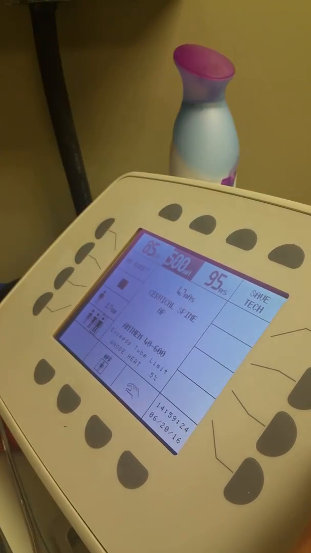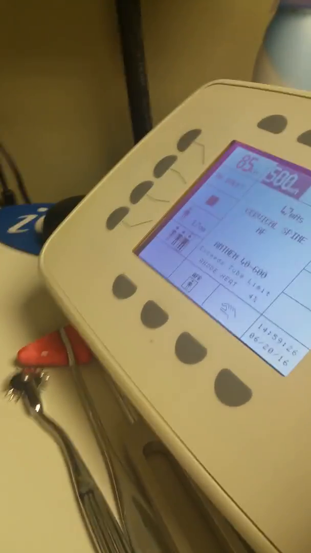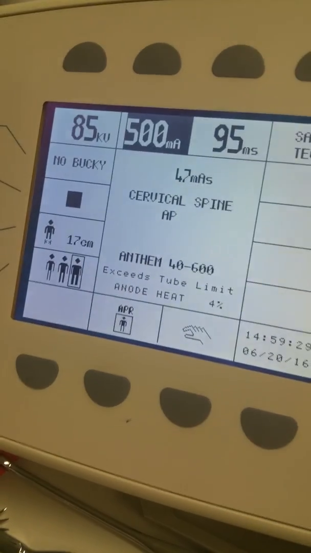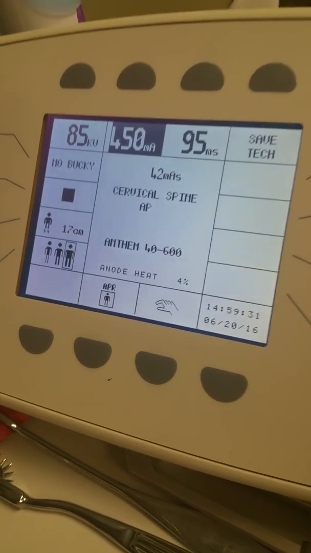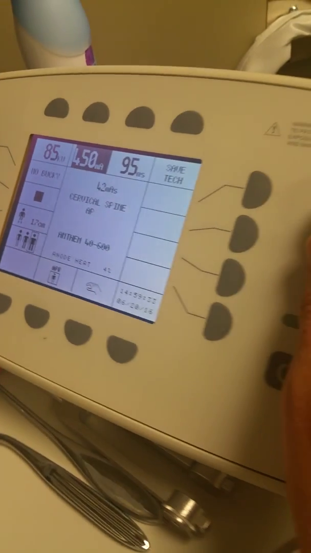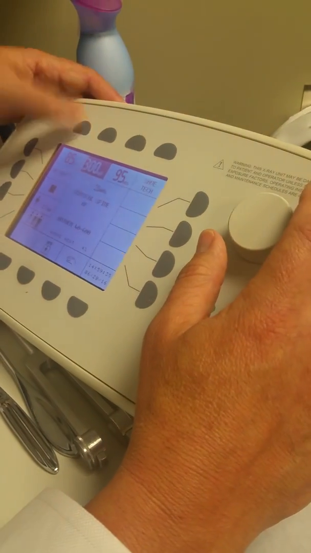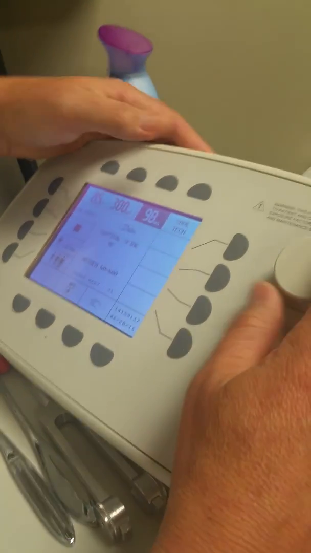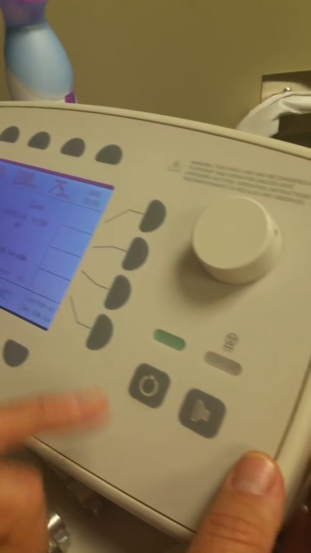Okay, and that means if you see at the very bottom there's a sign or a notice that says exceed tube limit, at that point you just go down to the next setting and you're okay. All right, so let's just say we're doing our films on this individual, and the way we do it is